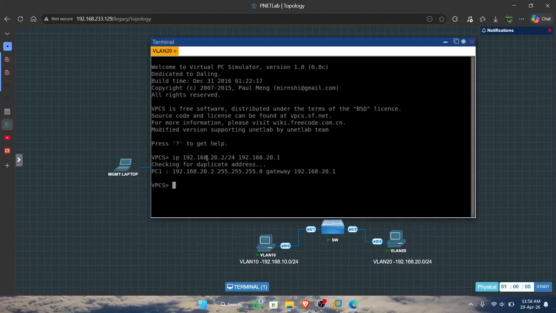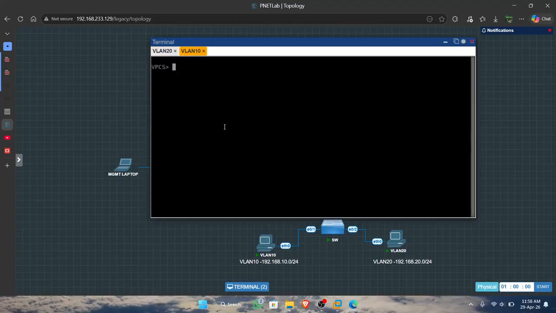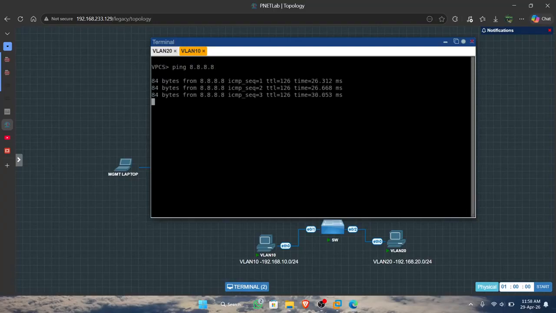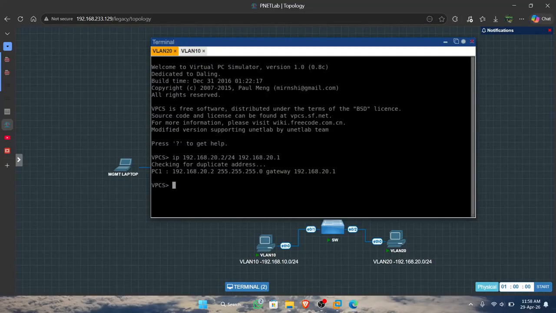I have configured an IP address just for VLAN 20 and VLAN 10, so we can ping. We will ping. Okay, this is the success. Then we try VLAN 20.